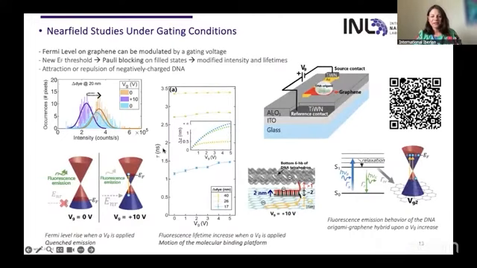If we now add our gating to these graphene devices, we can see that we have a typical intensity or also typical lifetime for a fluorescent dye. But if we change the voltage on the gate, we can move the intensity down, and once removing the voltage again, we go to the starting position. So the intensity can be tuned, but we can also see that with increased voltage, the fluorescence lifetime can be changed